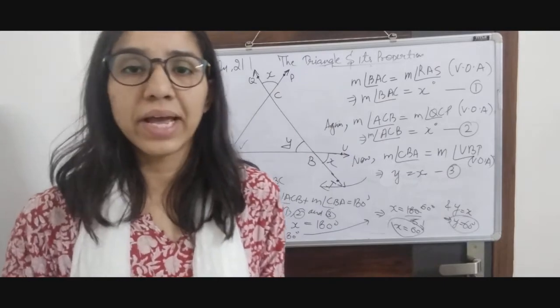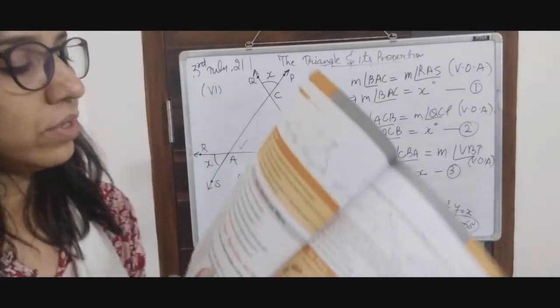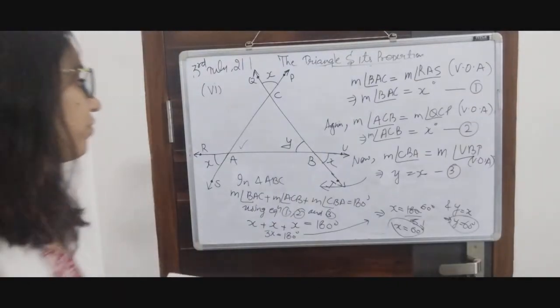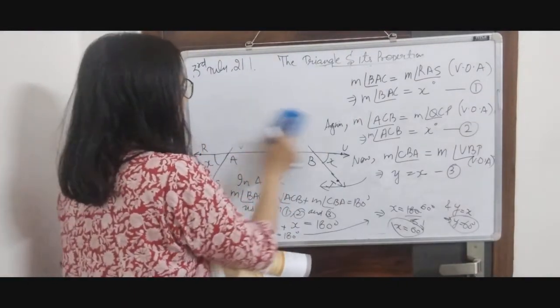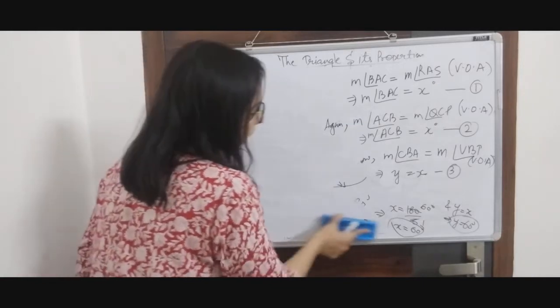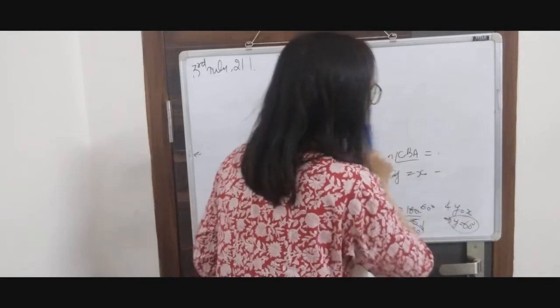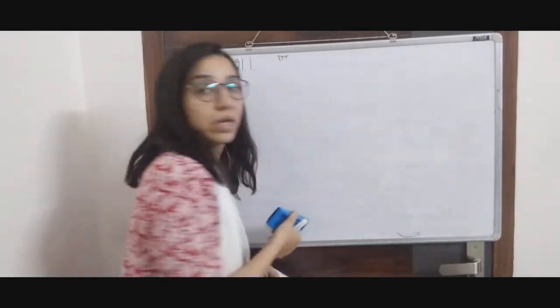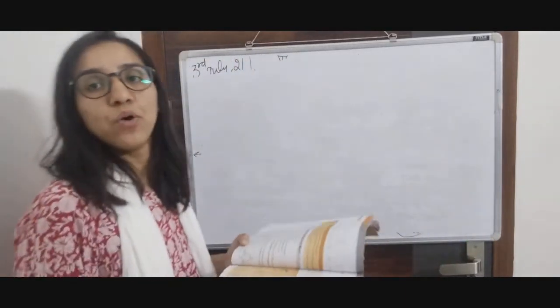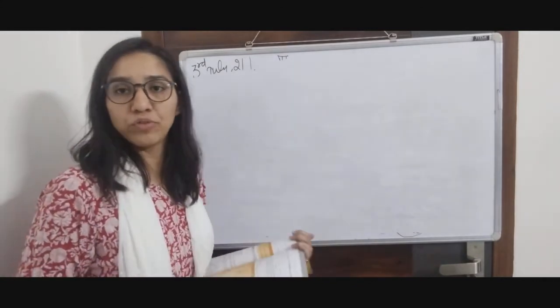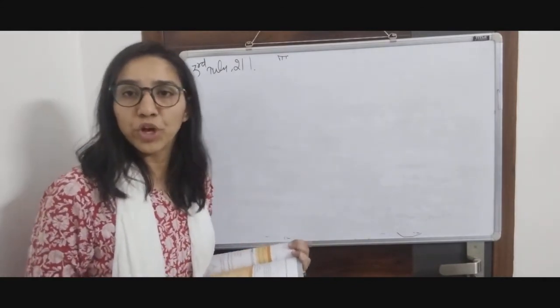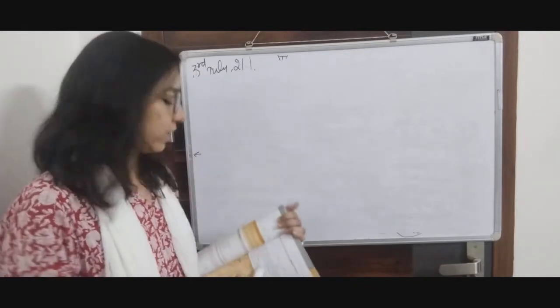Next we have is think, discuss and write. In it we have questions like this. First one is, can you have a triangle with 2 right angles? If a triangle is having 2 right angles, then the sum of angles of the triangle is going to be more than 180. 180 is already being made by 2 right angles. There is going to be a third angle also, so it is going to be more than 180.